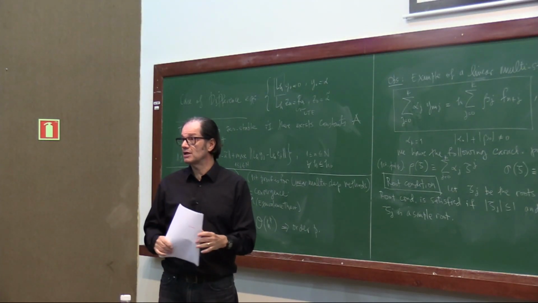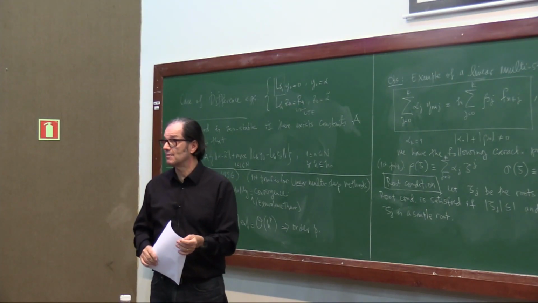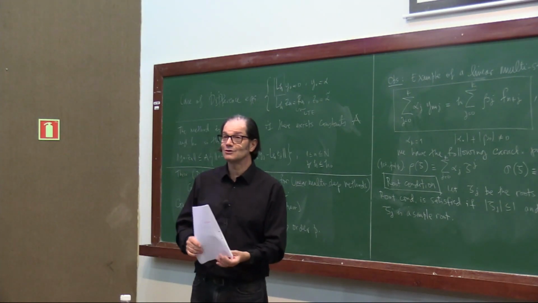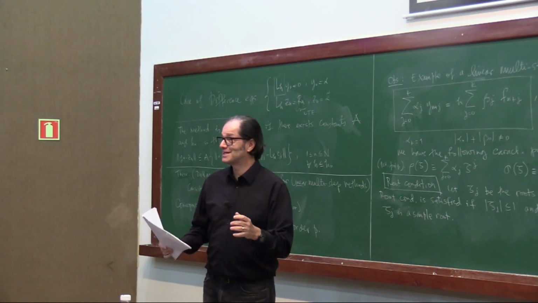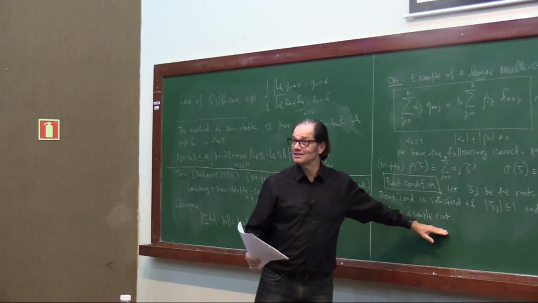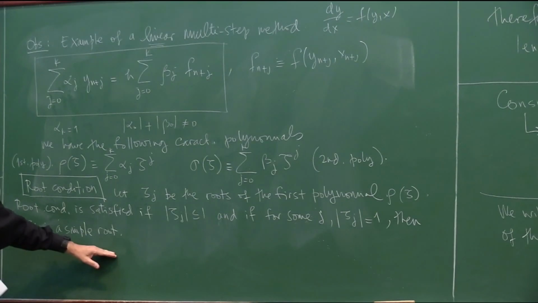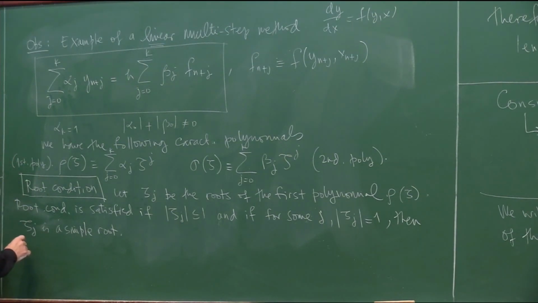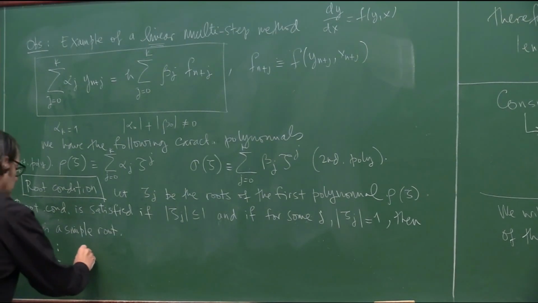First thing, I'm going to tell you something in advance, which I already mentioned, to make you look happier than you're looking right now. There's a proof, and I'll write it down, that the root condition is equivalent to zero stability. So if you check this for this class of methods, there's a theorem. You find it in the books. Lambert, page 35, has this, that root condition